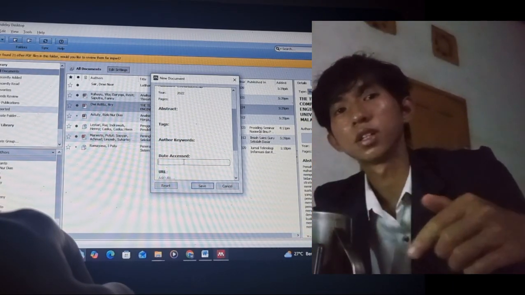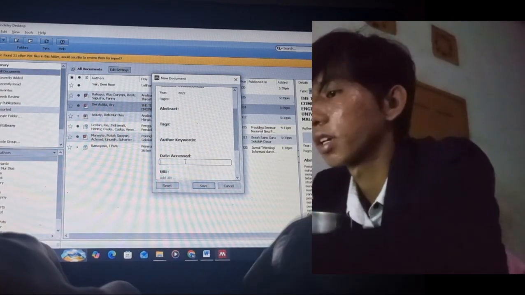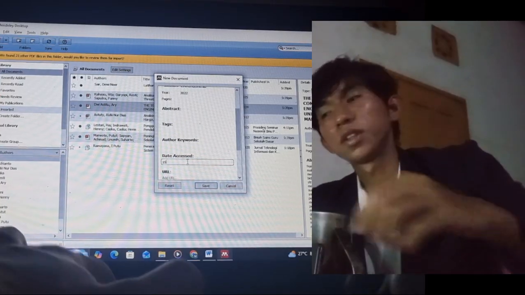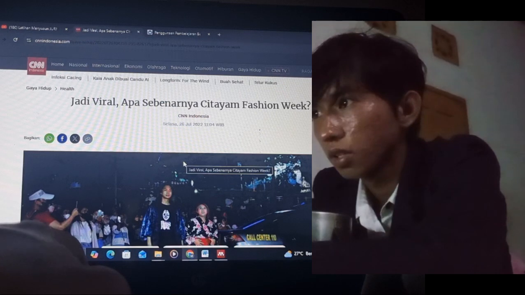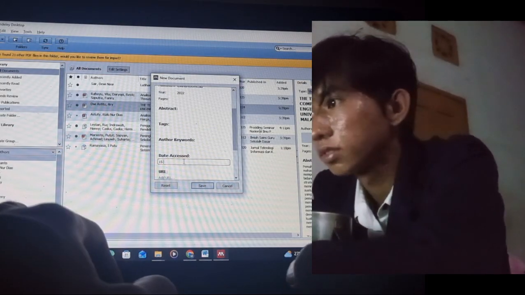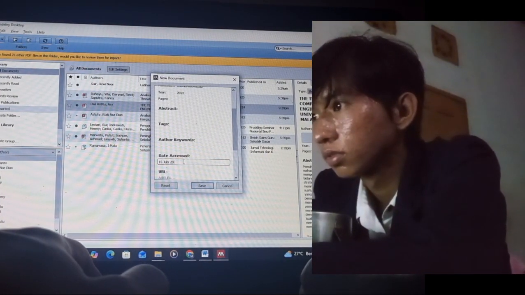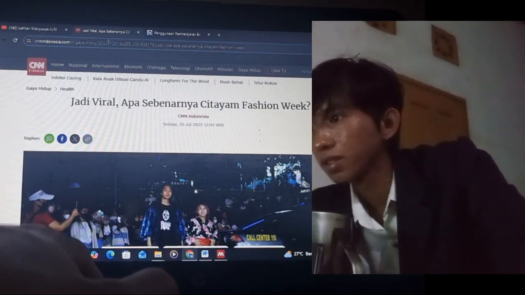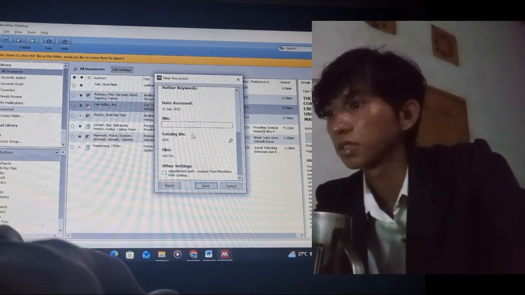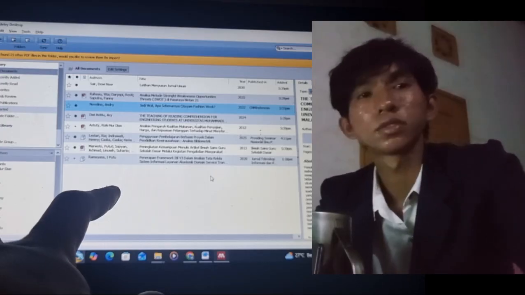The date accessed is this day, like now it is 15, so you can go 15. In the URL you can copy the URL from the web page. So this is how to cite a web page.